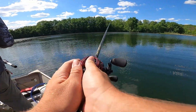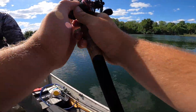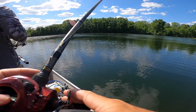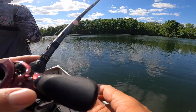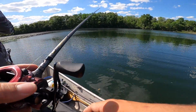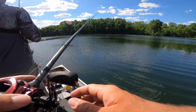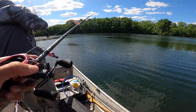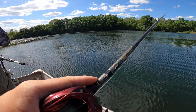So what I'm doing with this jig, guys, just casting out right along this steep drop off. There's a bunch of weeds in here too, but there's also a million bluegill. But I'm just casting out, letting it sink to the bottom. I don't really know how deep it is right here. I don't have a depth finder, but probably at least 10 to 15 feet. It's pretty steep right here, but I'm throwing right along the drop off and then just dragging this jig or